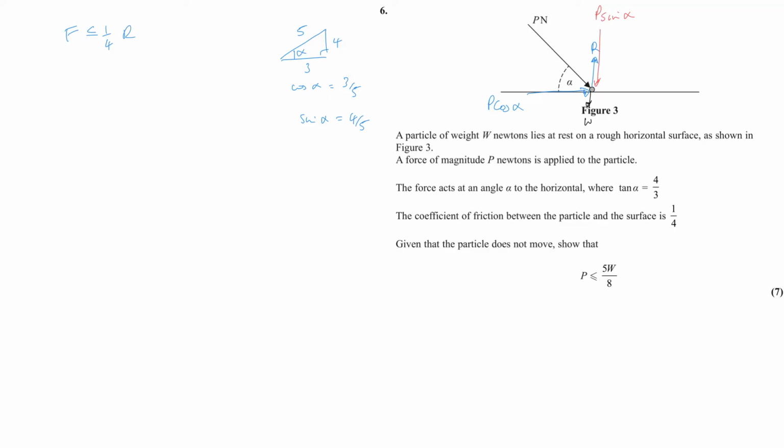So resolving vertically, we've got W equals R minus P sine alpha, or R minus 4/5 P. And looking horizontally,